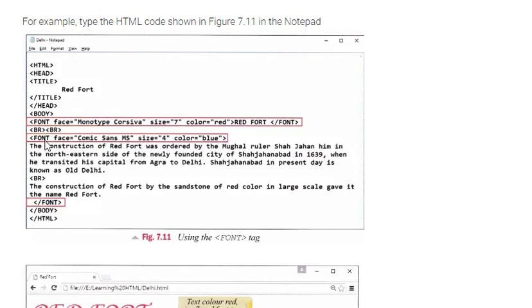Again we have used font face equals Comic Sans MS, size equals 4, color equals blue. Again we have used font tag with the following attributes. Then we have written a paragraph, right? And then again we have written a BR tag, that means we have given a line break, a space of one line. Then again we have written a line, the construction of red font by the sandstone of red